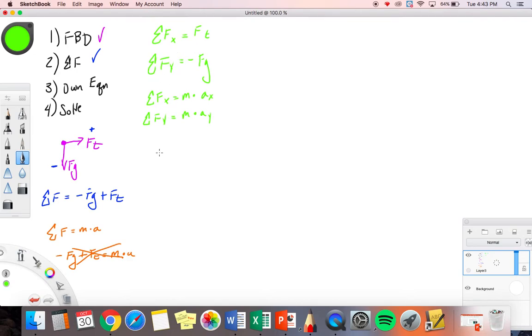I'm once again going to do a substitution. Net force in the x is force of tension, which is equal to mass multiplied by the acceleration in the x direction. And in the y, I have negative force of gravity is equal to the mass multiplied by the acceleration in the y. So these now are my two equations that I am going to use for the remainder of the problem. Own equation, check. Now finally, the last thing that we have to do is solve. And to solve, I'm trying to find out mass. So to solve for mass, I have to either know my force of gravity or I have to know my